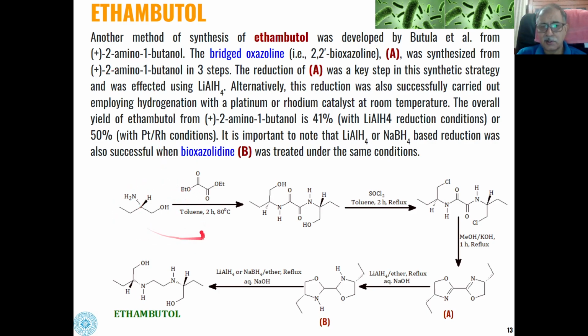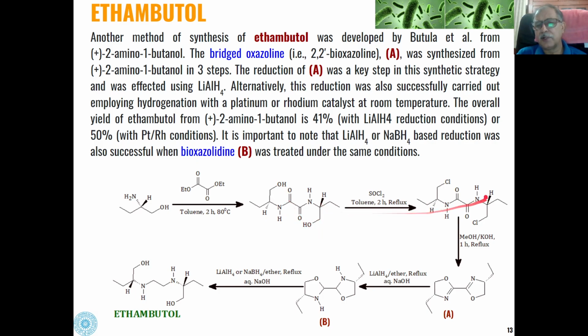So this on reaction with this diester, rather, oxazoline, this is synthesized from the condensation of this diester and amino alcohol to give us this intermediate, and this